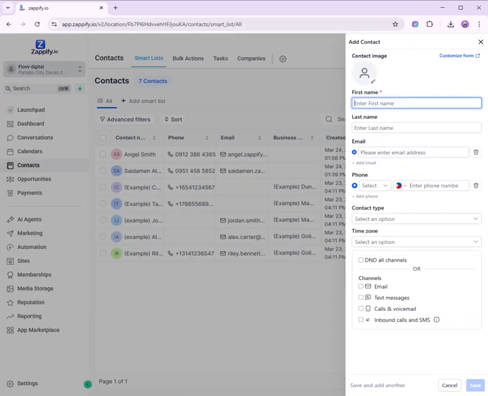You can fill in their details like name, phone, email, contact type, and time zone.